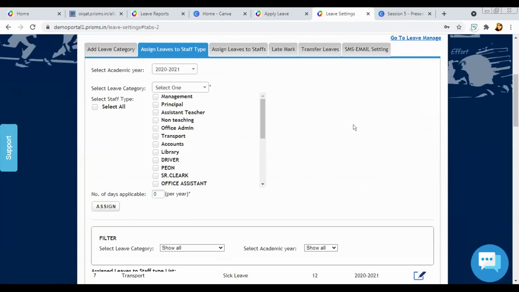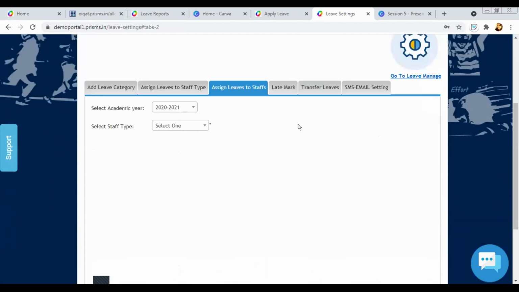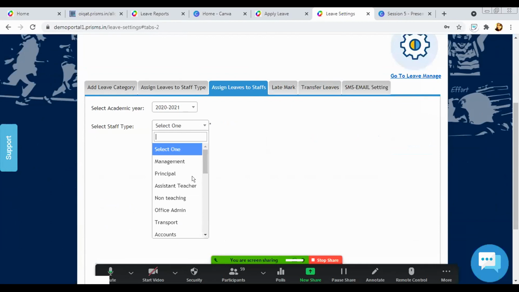Now, once you have assigned the leaves, assign leaves to staff. Now, if there are any particular staff that you need to specifically assign for, or any particular staff that you need to edit also for, then